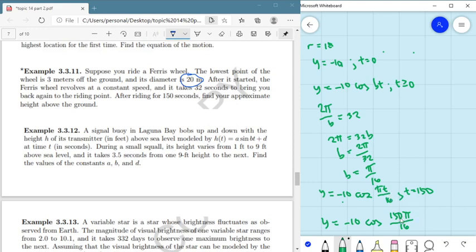Okay? Or it can be reduced, right? So it can be negative 10 times the cosine of 75 pi over 8 by 2, right? Or approximately,